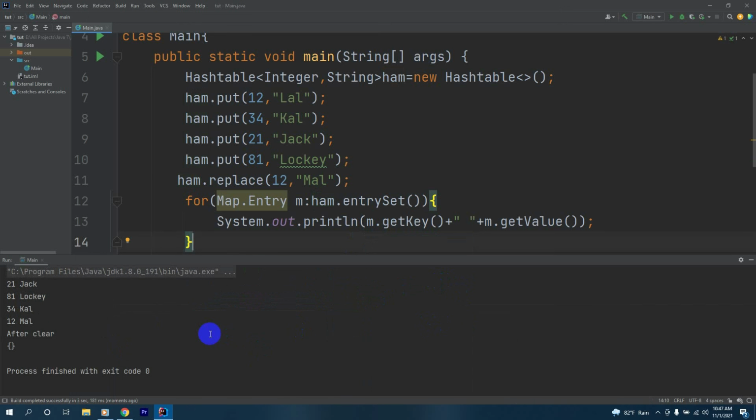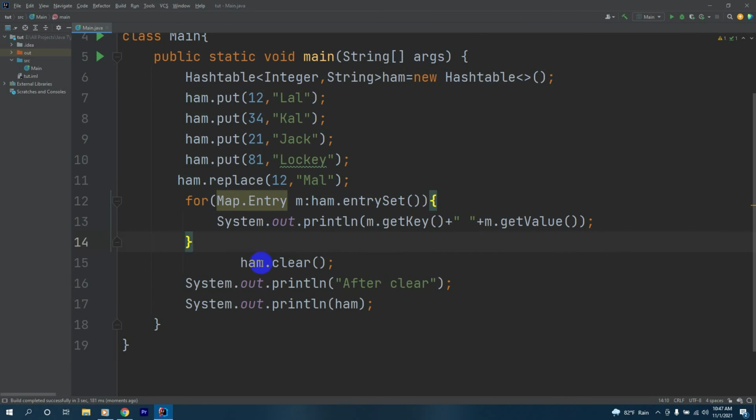We got after clear, and there weren't any values to print after clearing our hash table. What the clear method does is it removes all the values from our hash table. So that's why we got empty values when we ran this code. So those are the replace and clear methods that I have now taught you.